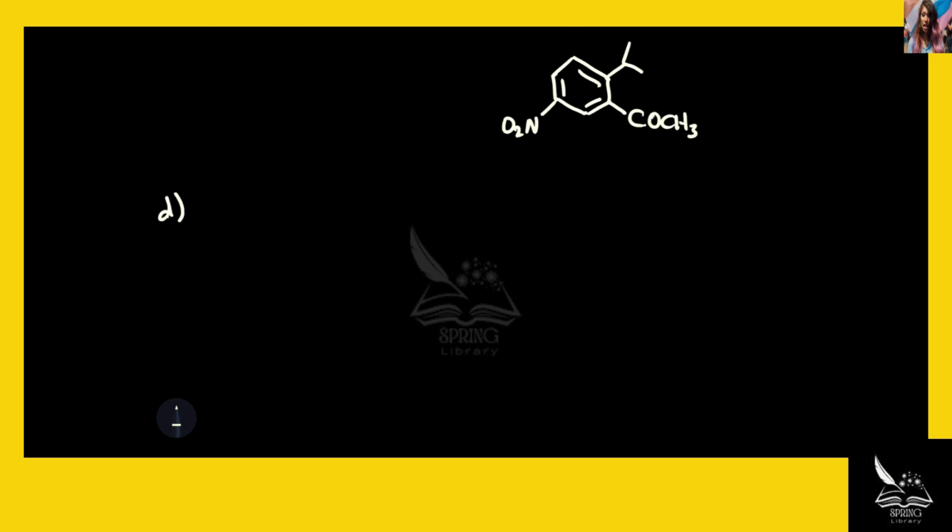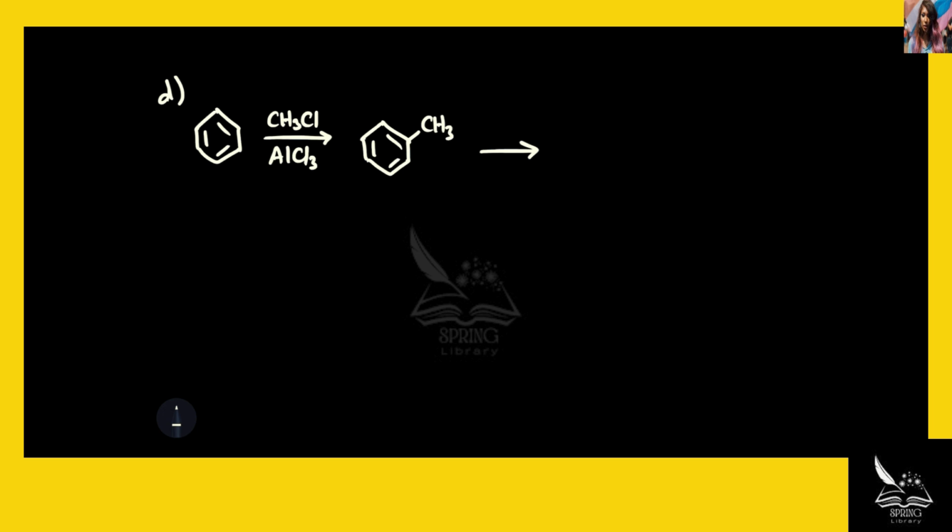Synthesize compound D, starting from benzene. CH3Cl, in the presence of AlCl3. This will produce toluene, and then HNO3, H2SO4. This would produce